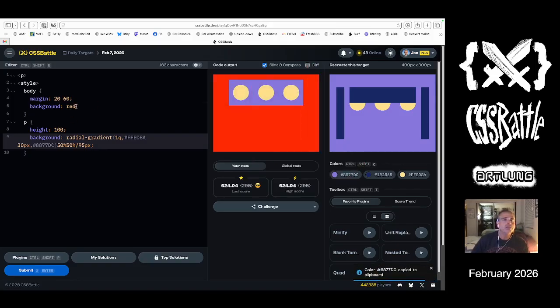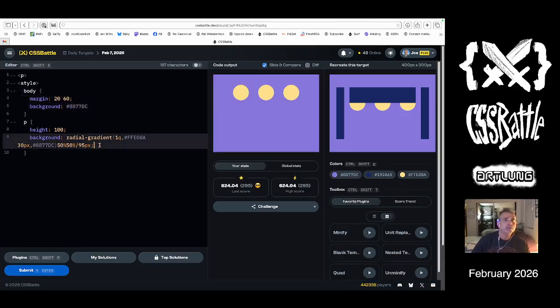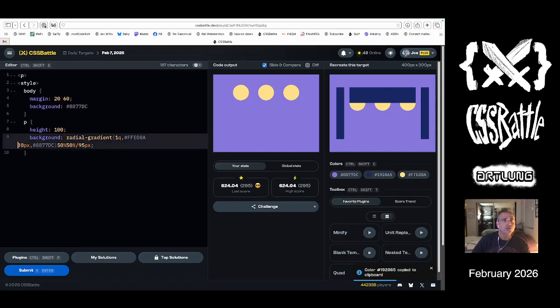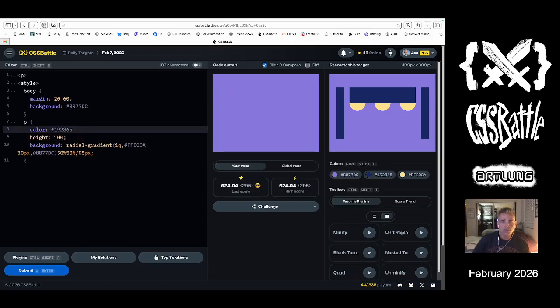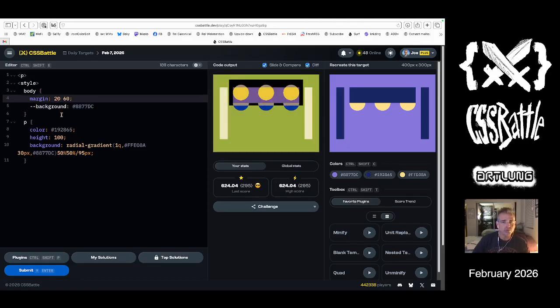I'm going to set the background to be here, and I'm going to do color of that. So why did I do that? Because what I want to do is some different stuff. All right, and one thing I'm going to do is do that. So I want to push this down to 40, 40, yeah, 50, and then